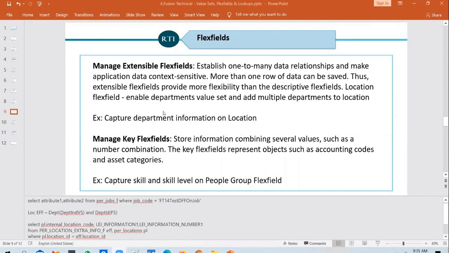And while creating value set, we have selected application for one. Is there? No, you can select any option, Jawahar, for that matter. Application module is not very important in terms of value set. But when you create a location, it makes a difference. But as far as value sets are concerned, you can pick application common, or you can pick any application for that matter. You can pick an HR related application as well. It doesn't really matter. Okay, those are the questions that I have in the chat.